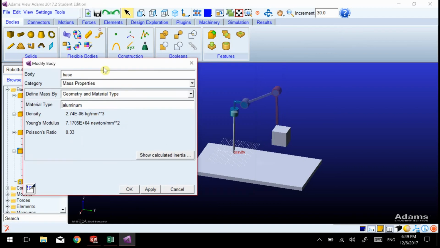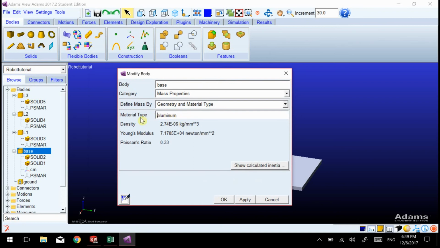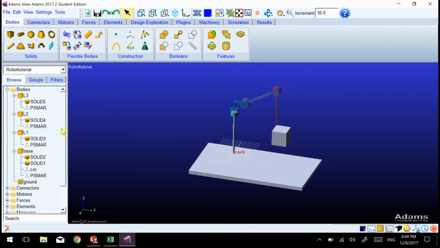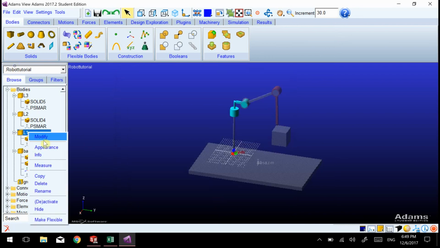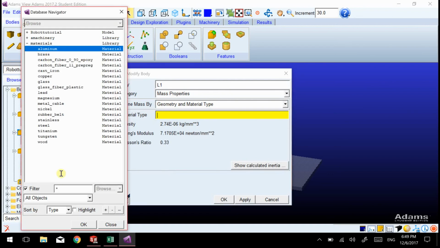When you're doing a more accurate simulation, make sure to identify the correct material type, and that'll give you the correct weight, center of mass, etc. So apply, okay, and we're just going to do that for all 4 of these. Aluminum,